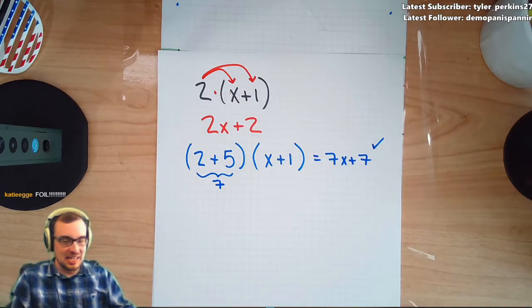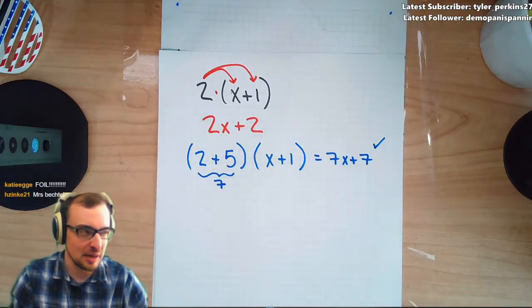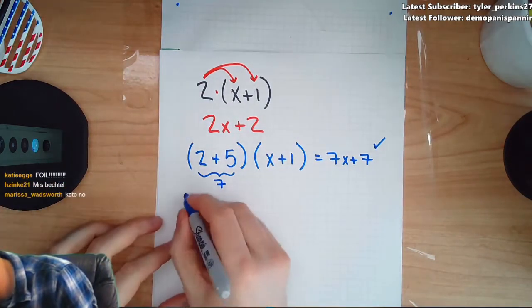Now, the problem with FOIL is that imagine I had more than just 2 guys here and here. Then there's no first, outer, inner, last. So like if I had...